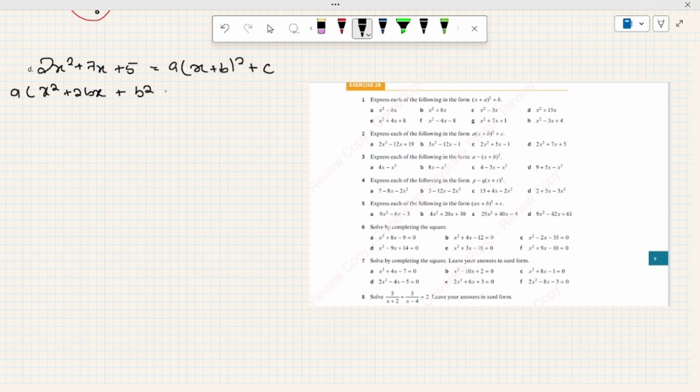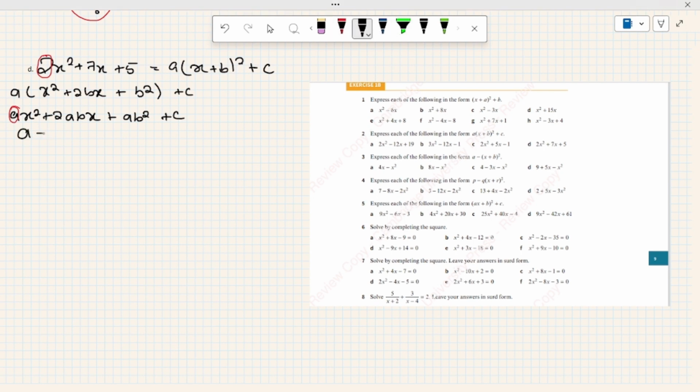plus b squared, plus c. So it's going to be ax squared plus 2abx plus ab squared plus c. Again, as I've said before, you're going to look at the coefficient of these two. So we see that the value of a is